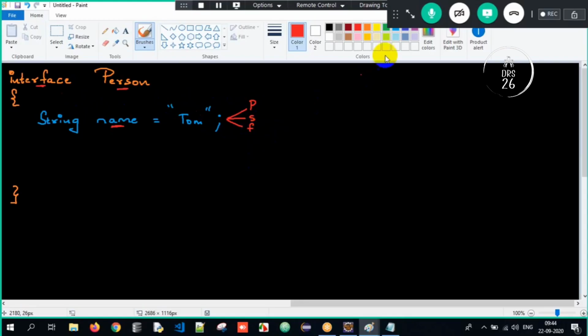If you declare any variable in an interface, it will automatically behave as public, static and final. Got it? Can an interface have methods here? Absolutely, but it can have only abstract methods. See, I have void as the return type, eat is the method name, open and close parenthesis, and I terminate using a semicolon. But is it an abstract method here? Yes, sir. It is having only a declaration. It's an abstract method. But I told you one more point, sir. All abstract methods should be declared using the abstract keyword, right?